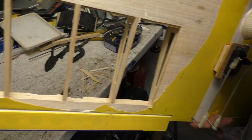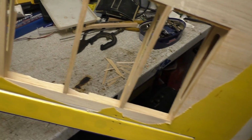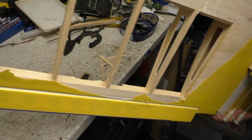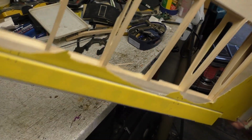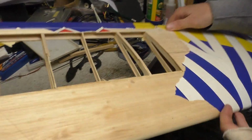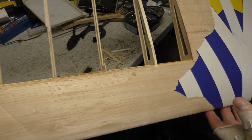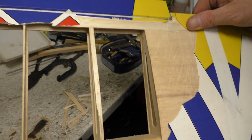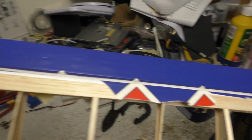Oh, and there's some bits missing off here. I've got most of the bits, I'm hoping. I picked up every bit that was there. I think we're going to have a go at sticking the bits back together like a jigsaw puzzle, really, and see how we get on. See what we have and haven't got, eh? Once we've done that, then I'll take the ailerons off. The ailerons are actually pinned,